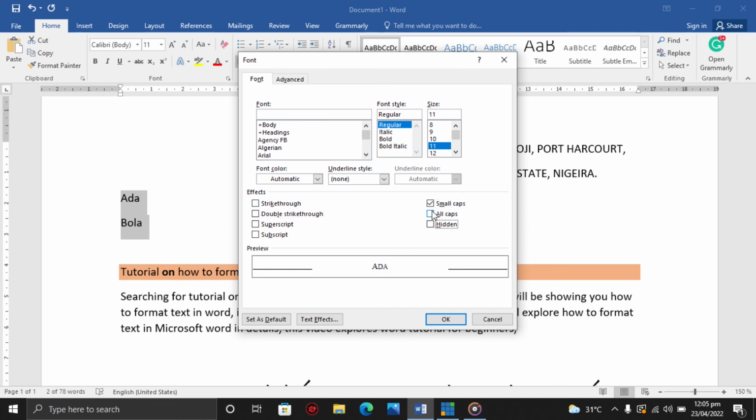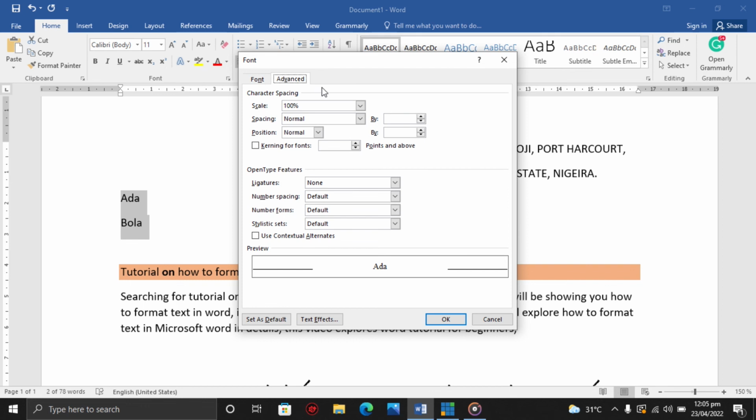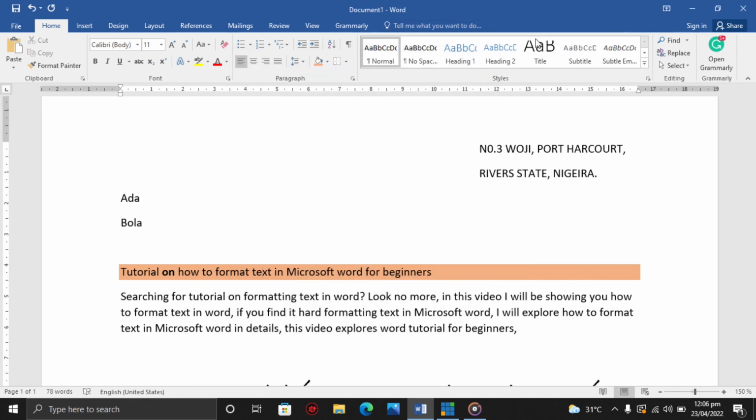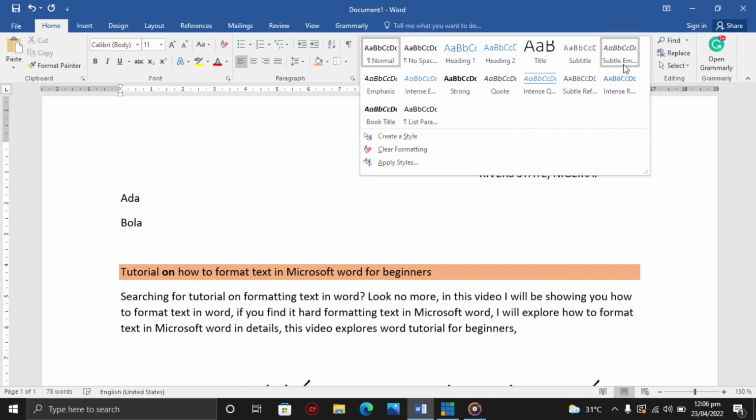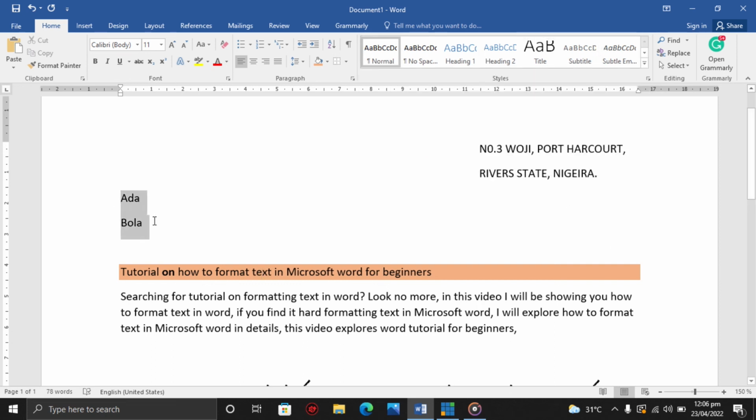All right, so this is using our font. If I click on this, you can see other advanced tools, which are more tools to what we have. So right here we have the style ribbon. What the style ribbon does is, without using any of this formatting, you can just select a default formatting for your text. So let's see how it works.